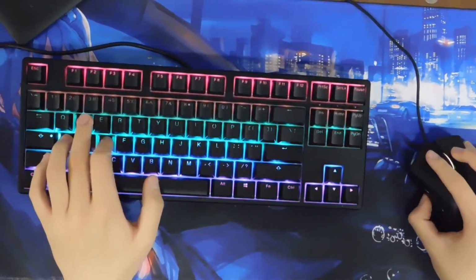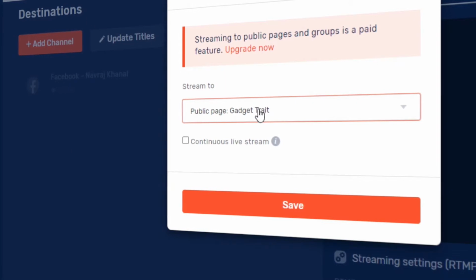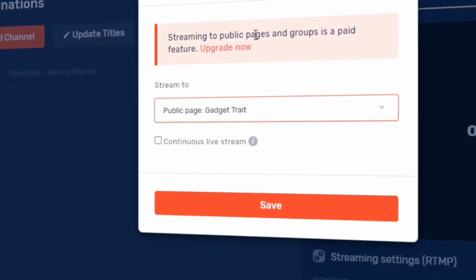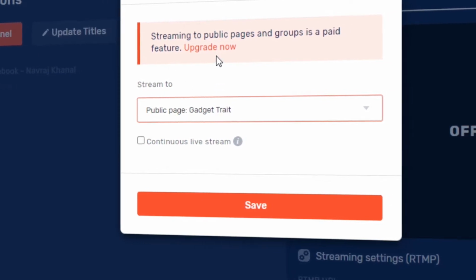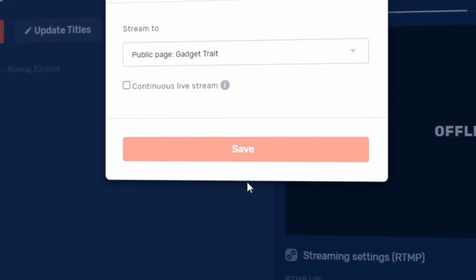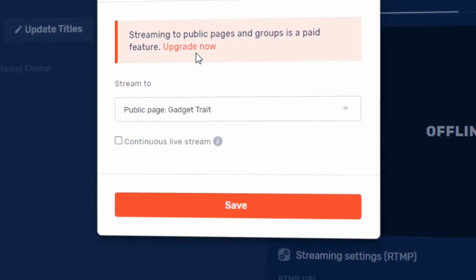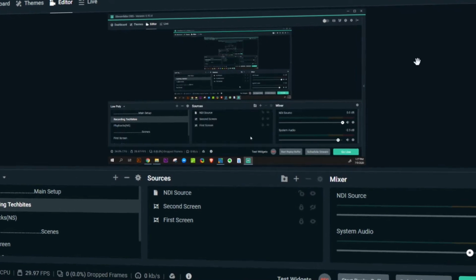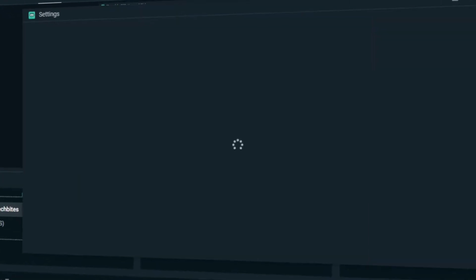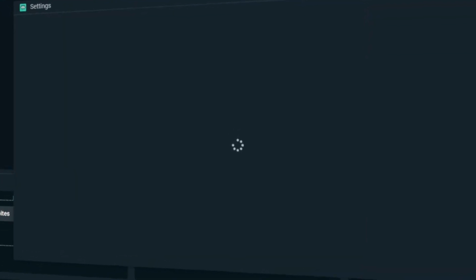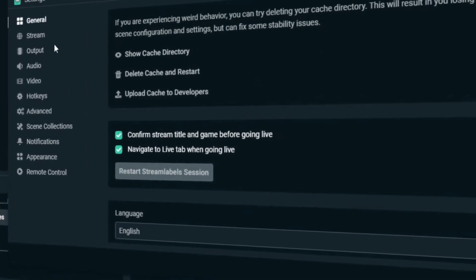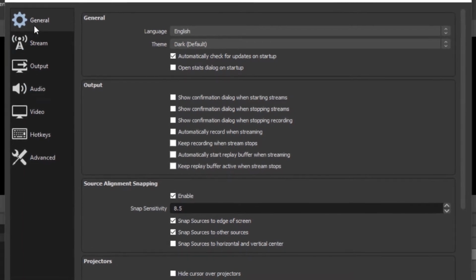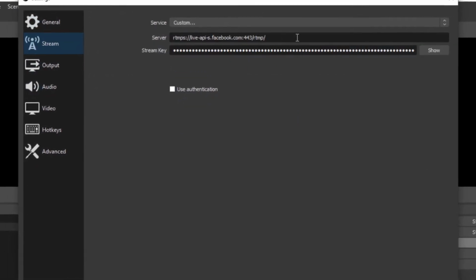OBS and Streamlabs OBS are both free software and they mostly allow us to stream. Streamlabs OBS allows streaming to multiple platforms. For example, we can stream to YouTube and Facebook at the same time, and similarly to YouTube and Twitch at the same time. However, the live stream is posted only under the gaming category on the Facebook page. So it creates problems when streaming other events except the gaming category.